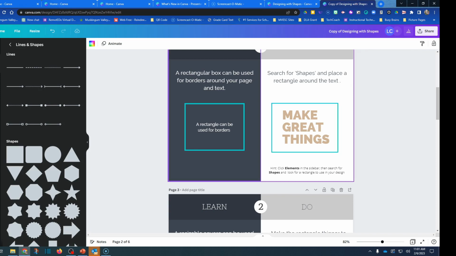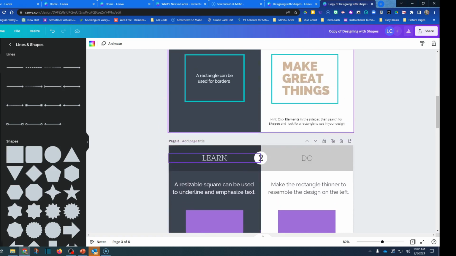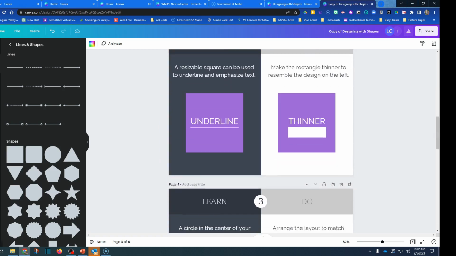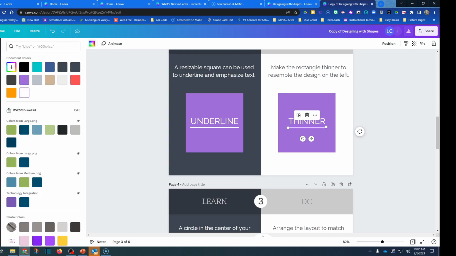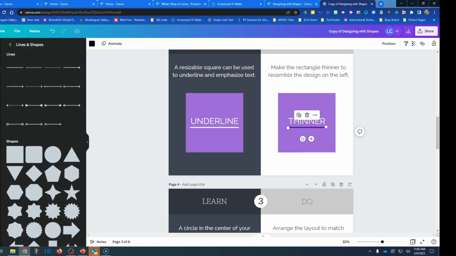Maybe I wanted to make a line similar to this over here on this side. Well, if I click on it, I can change the square underline style. That was actually just a rectangle. You can see it's much thinner now. I can click on it. Maybe I don't want it to be that color. Maybe I want it to be a solid color. I want it black. I can click on it and you can see all of those different things.